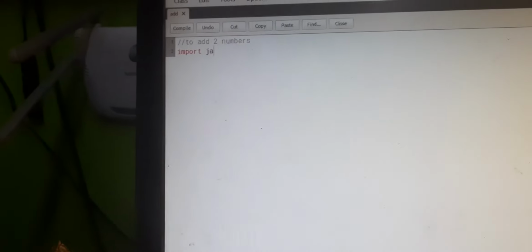Whatever we have, write it from the beginning as I gave in the class. First write a comment, slash, add two numbers. Then we have to go on import java dot util dot star.